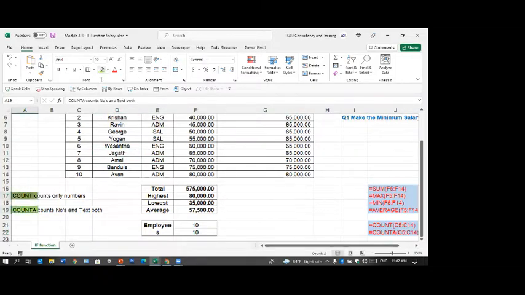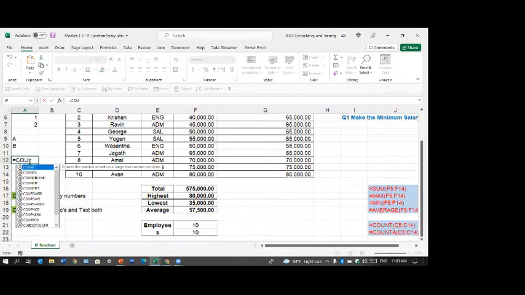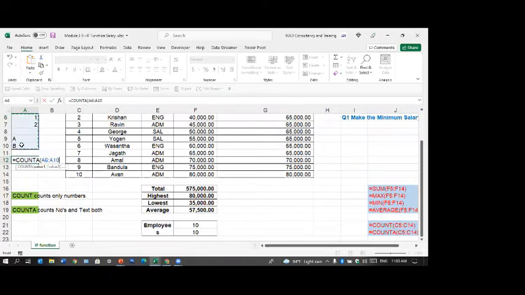We use only the COUNT. If it is a blank, then does it still count? It's something I haven't tried. No, I don't think it should. Let's see. So it should come with 4.